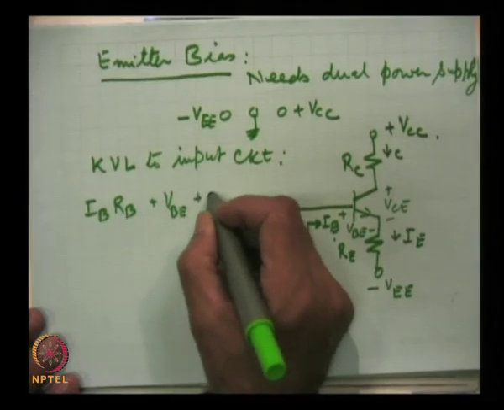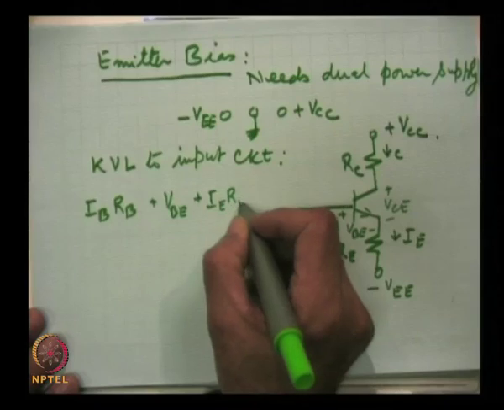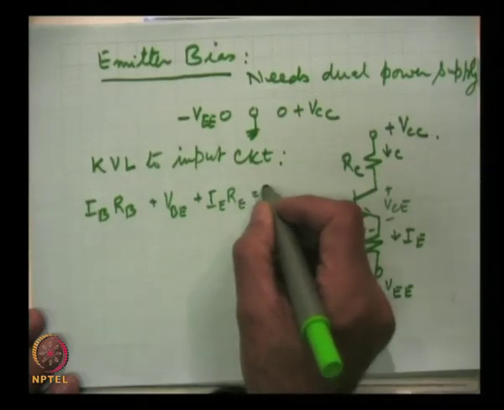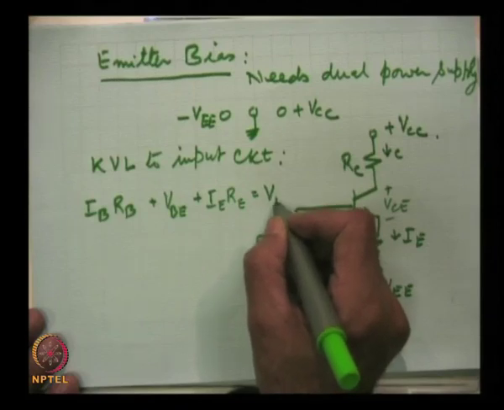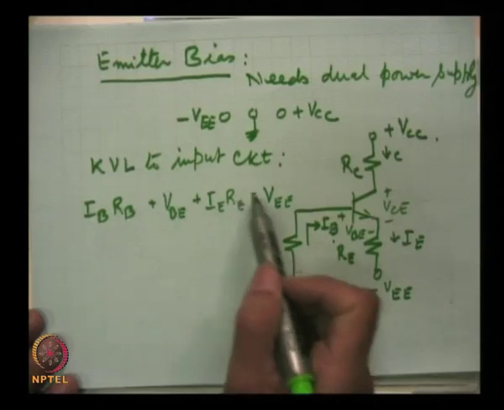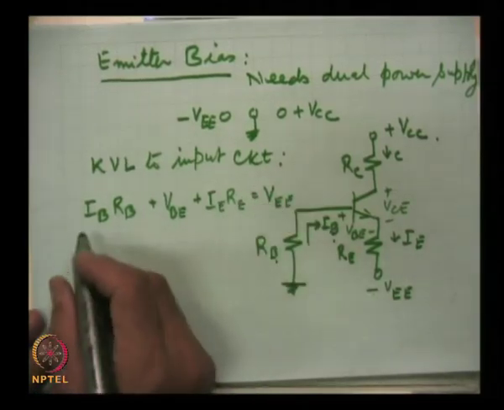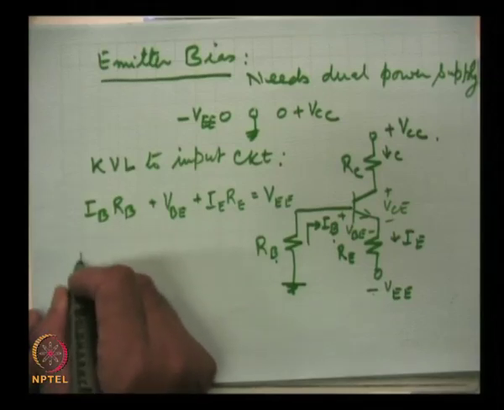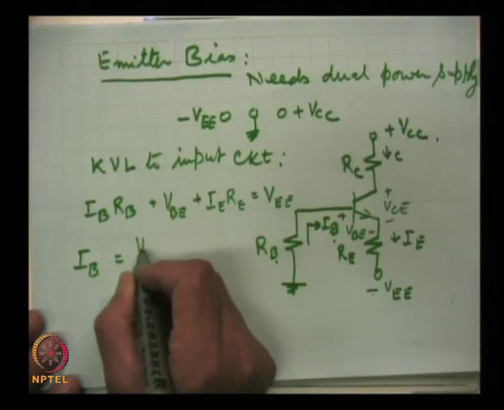So, plus IE RE, and this is equal to this voltage VEE. This is minus sign, so it will come minus VE we have taken on this side, and from this we can write IB, the base current, is equal to VEE,